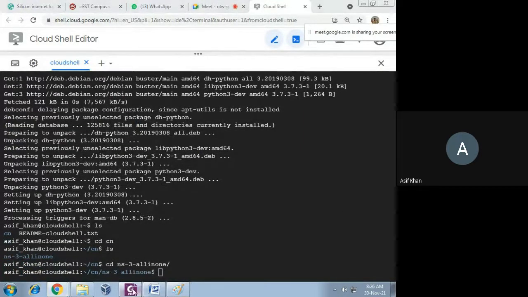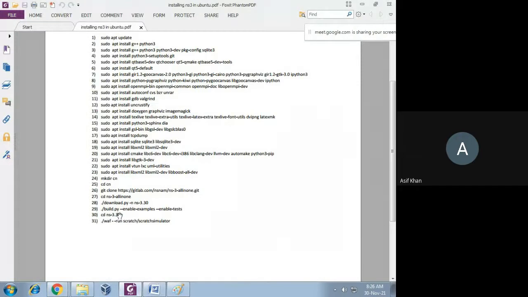Then the next step, you have to run this command: ./download.py -n ns-3.30. This Python file is present inside this directory ns3 all in one. When you run this command, it will download the package that you want. So by using this command, I'm downloading ns3.30.